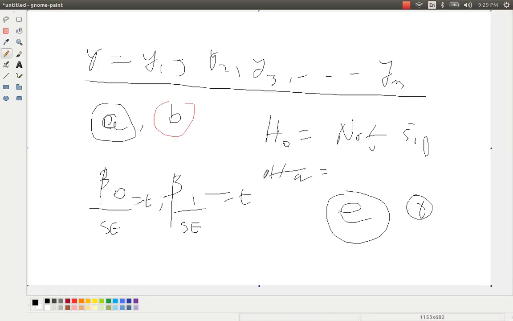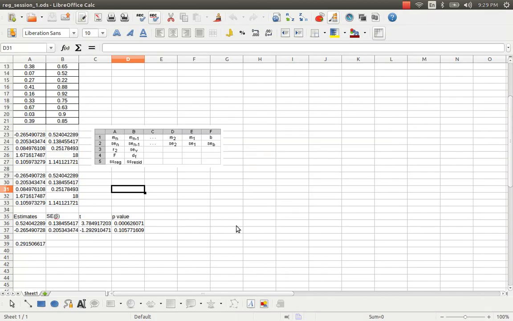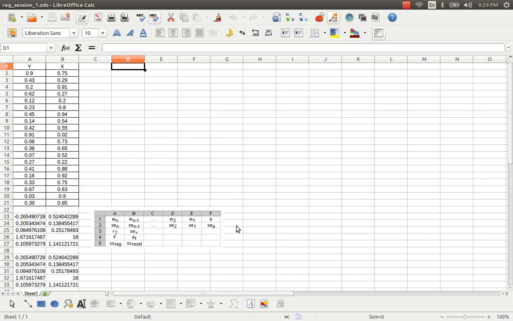Okay, so I'm going to show you how to do that in LibreOffice Calc. We already have some sample data here, and I computed the beta naught hat and beta 1 hat for this data, and I can compute the fitted values first. In order to compute the error, we first need the fit values. And the fit value is none other than